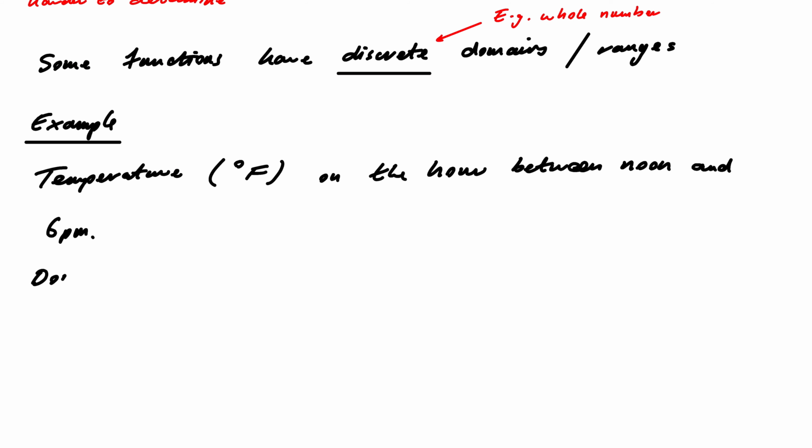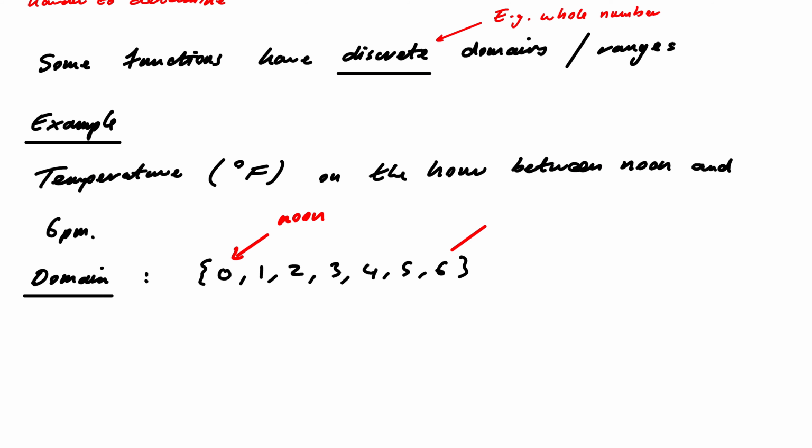So in this case, the domain is what? I'm going to do it in hourly units starting at 0 at noon: 0, 1, 2, 3, 4, 5, 6. It's that collection of numbers. Of course, this represents noon, and this represents 6 p.m. Now, of course, there will be times between these, but I'm not capturing that. I'm only capturing what's happened on the hour,